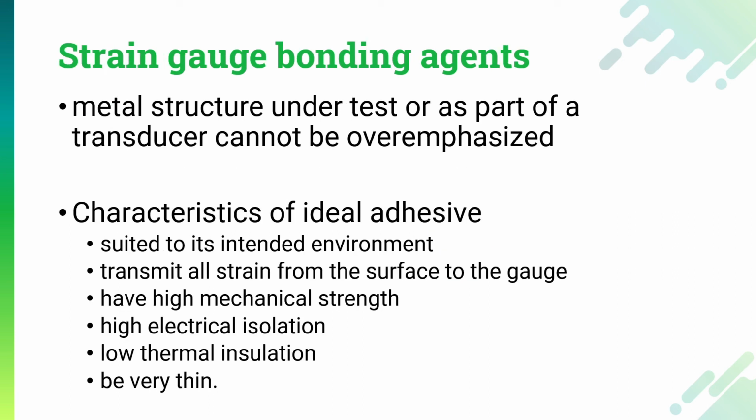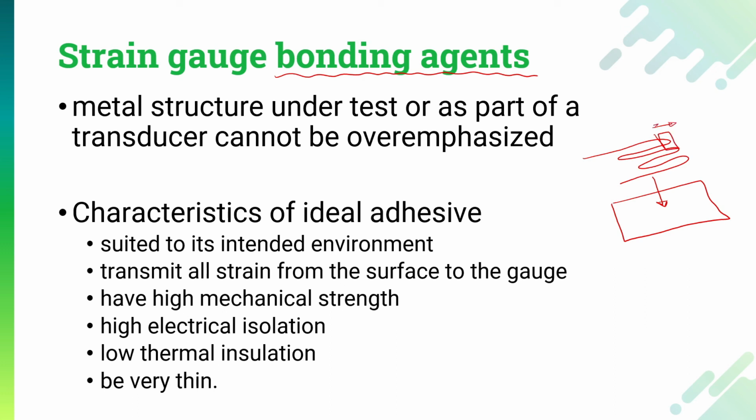Now let us talk about the materials for the bonding agents. Bonding agents help to bond the strain gauge and the backing plate. They will fix the strain gauge on the backing plate. Why is it important? The very first thing, when it comes to bonding, it should not be rigid, and it should be flexible. It should not be that one part gets more affected and the second part gets less affected.